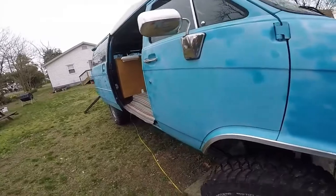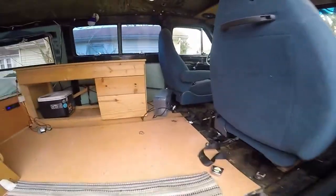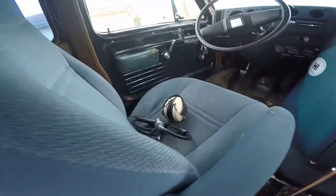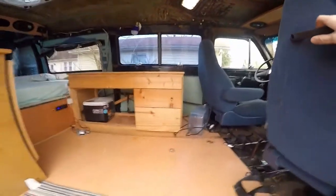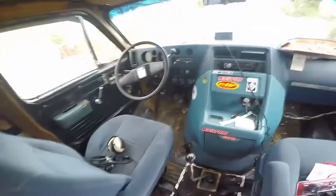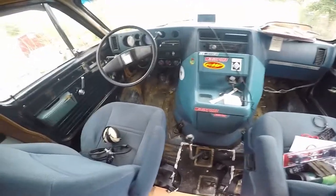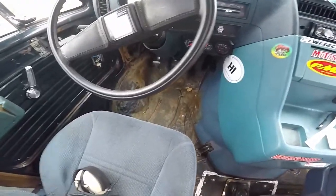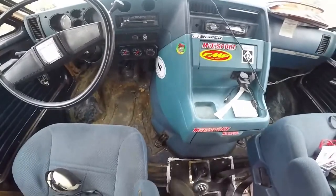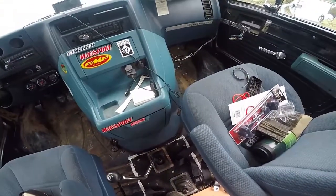But for now, this thing is so unbearably loud to drive, I'm going to go deaf. As you can see in my seat, I've got earmuffs. This thing is excruciatingly loud. It's awful. It's probably the loudest vehicle in the world to drive, but as you can see, I don't have any sound deadener or nothing down. It's just sheet metal. It's awful,